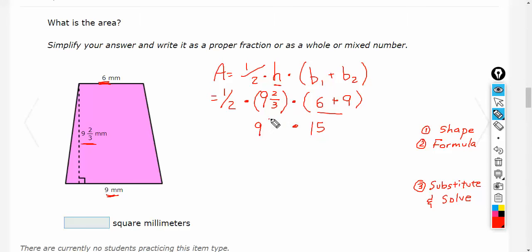9 2/3 times 15, and then we're going to have to divide that by 2. So 9 2/3 times 15. I don't have an easy calculator to do this on,